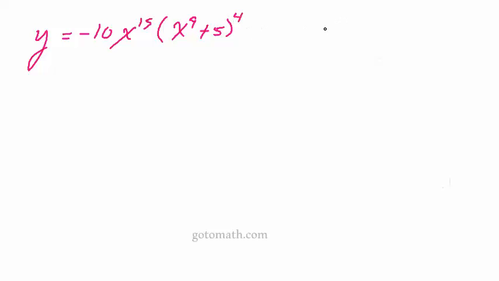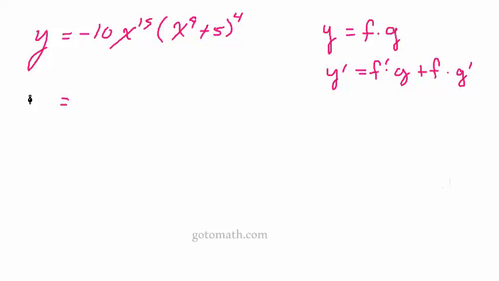So we're doing this product rule, which is, I'll write it like this. Actually, it's not a really good way to write it, but y prime is equal to f prime times g plus f times g prime. Okay, that's all you got to remember. So this is our f, and this would be our g right here. Okay, so we have y prime is equal to